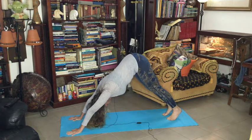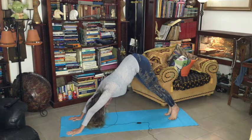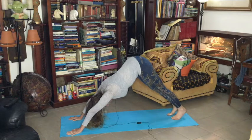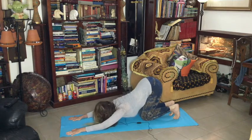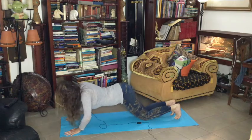So again, this is a position where we're thankful to the sun for lifting our organs. Right? So this is a prelude to the gnarly exercises, because our organs are going into the right place. Then from the mountain pose, we come down into what's called the 8-point pose. So that's toes, knees, hands are 6, and then you have your chest and your chin, and you move through and up